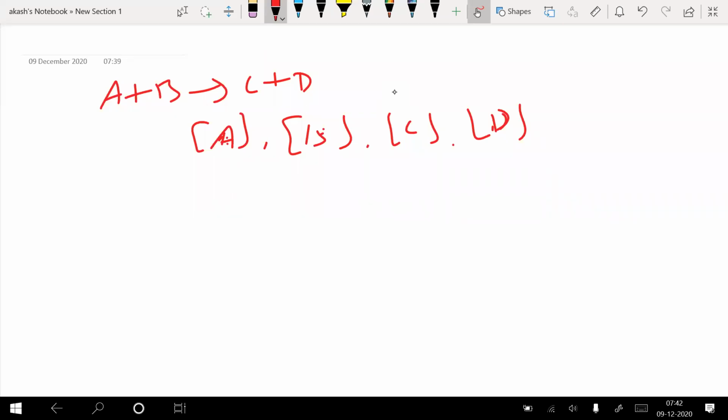So could you just repeat the question once? Yeah, sure. Given the reaction, A plus B giving C plus D. If 1 mole each of A and B are taken in a 5-liter flask, that is the initial condition. They're telling that 0.7 moles of C is formed at equilibrium. Now what are the equilibrium concentrations of A, B, C, D, and find Kc?